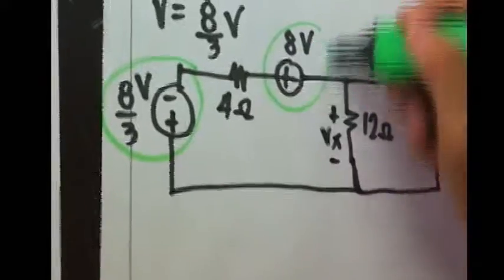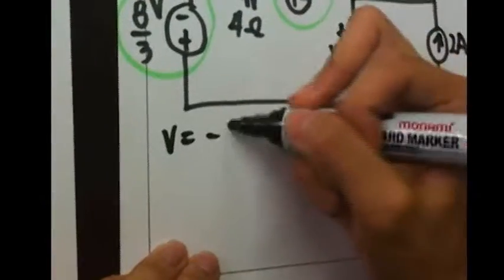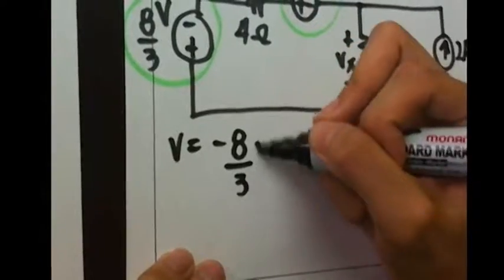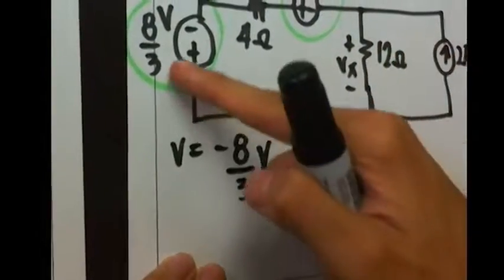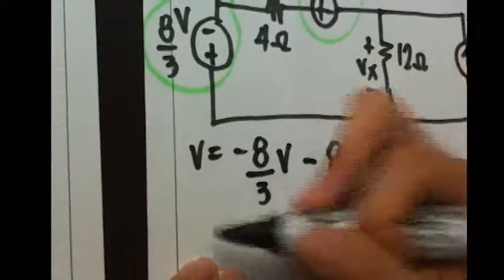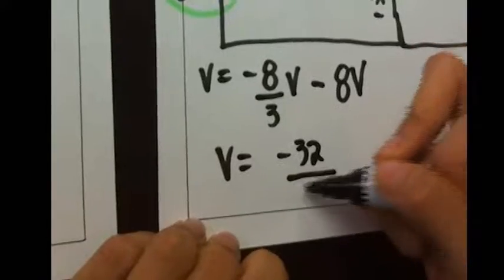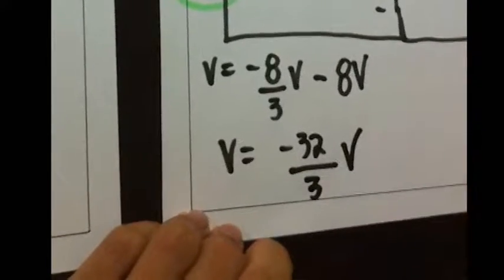Simplifying the two voltages here, we have negative 8 over 3 volts minus 8 volts, and we get negative 32 over 3 volts. Drawing the circuit,